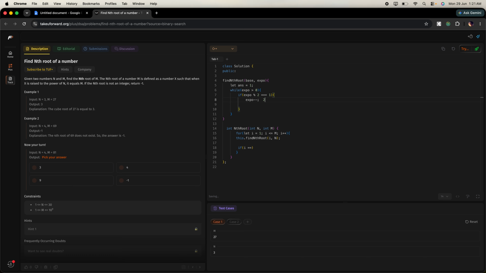So suppose this is 2 raised to the power 13, so here it will be a 2. We will extract it and be left with 2 raised to the power 12. So it is like that. So here, if the exponential is odd, we'll add that particular extracted value into our answer,